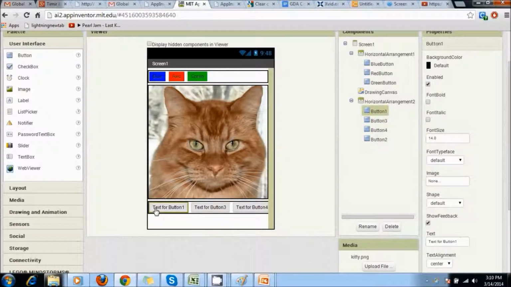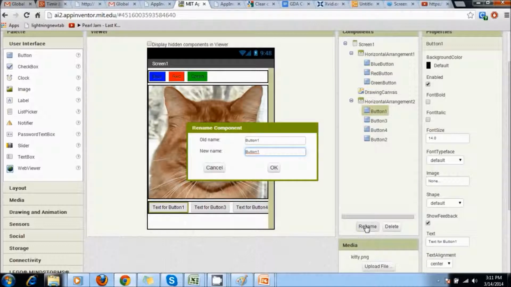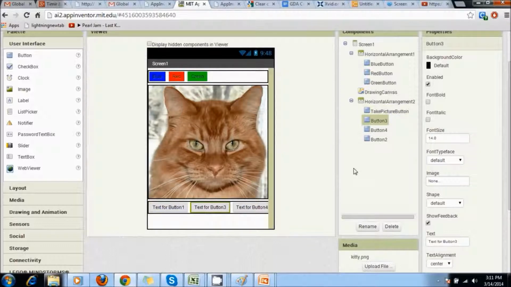And now we're going to go ahead and again rename them like how we had renamed the previous buttons. So the first one is going to be called the take picture button. So I'm going to rename this as take picture button. The next one is going to be the wipe button.